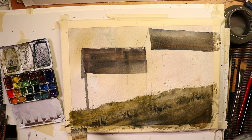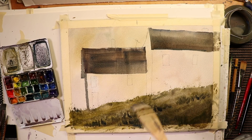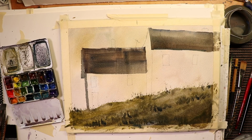I'm just trying to get some weeds and grasses in there. And that looks pretty good, I think. Just kind of here and there. That looks fine. Okay, now